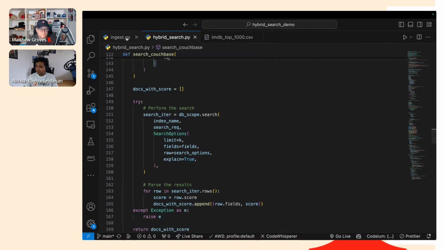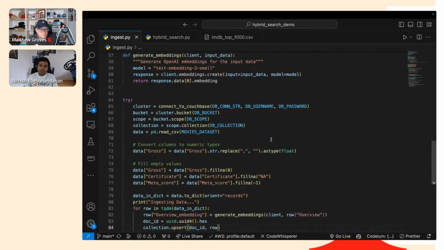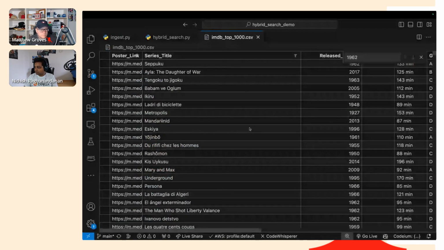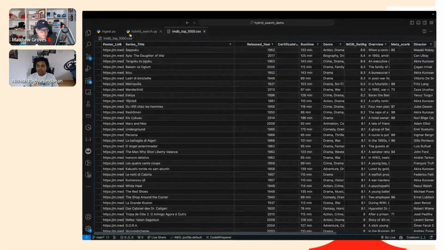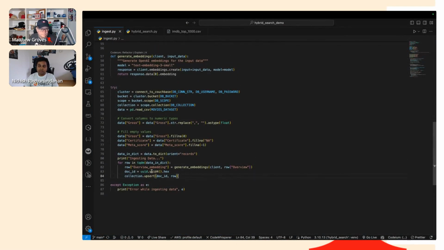And yeah, another thing that might be interesting for you is, how did I get all this data in? Because if you look at this data set, this is the data set that I have. It doesn't have any embeddings. So basically what I did was for each of those rows, I generated the embedding using the same function that you already saw.